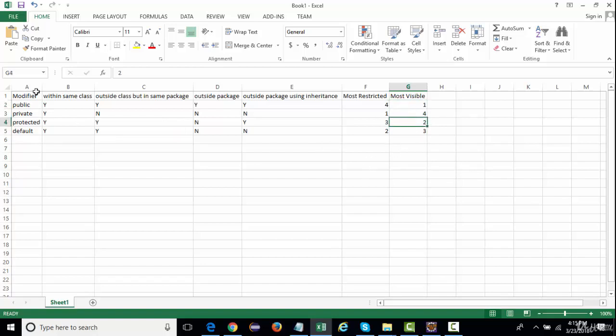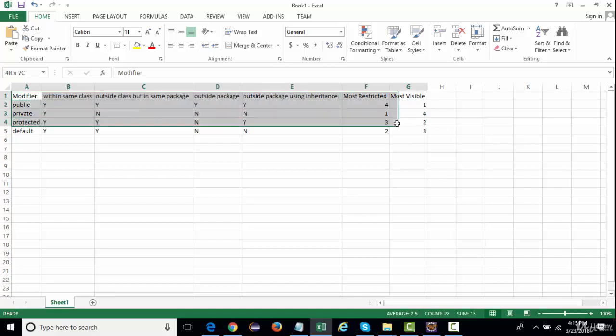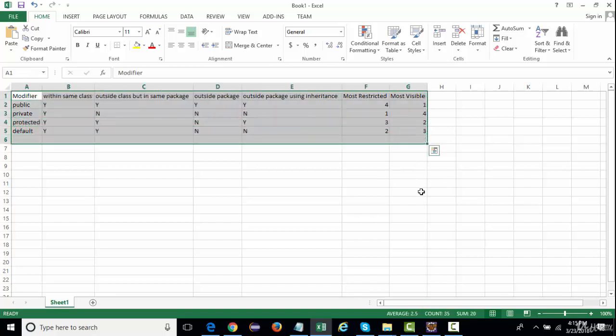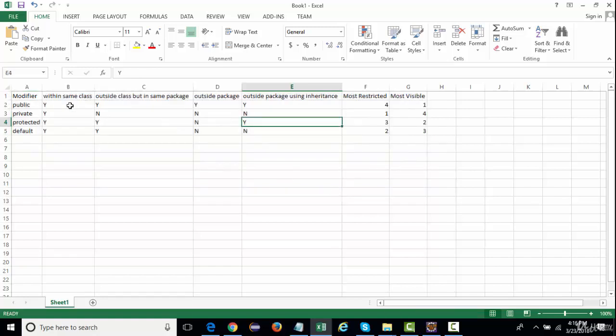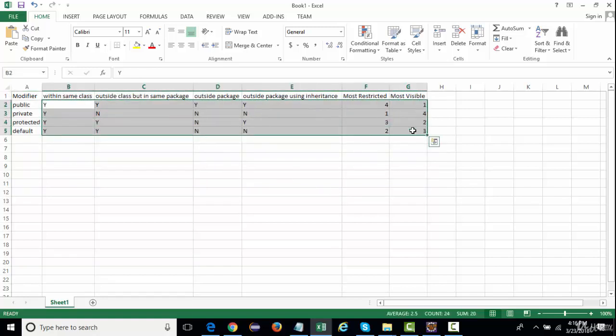This matrix is very, very important when you are working on inheritance, encapsulation, or polymorphism. If you understand this matrix, it will make your task very easy when working in OOPS, because this is the core of OOPS.